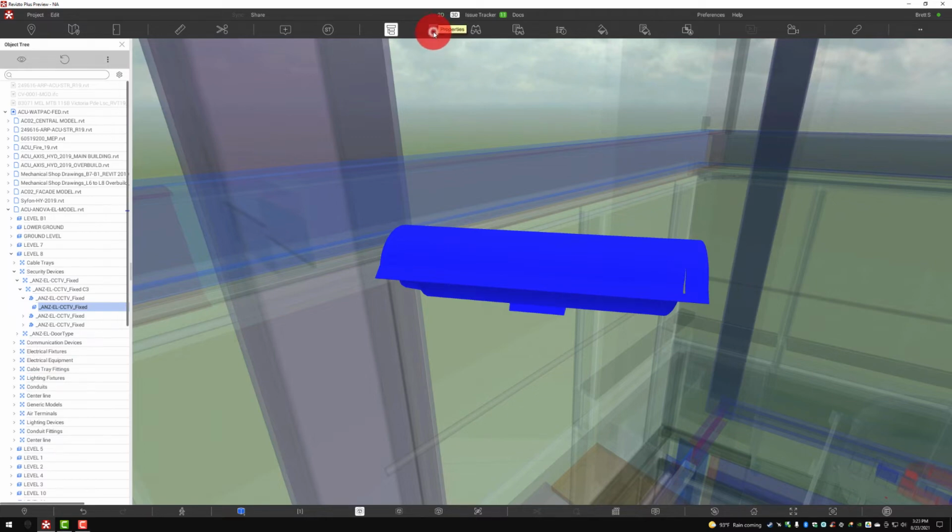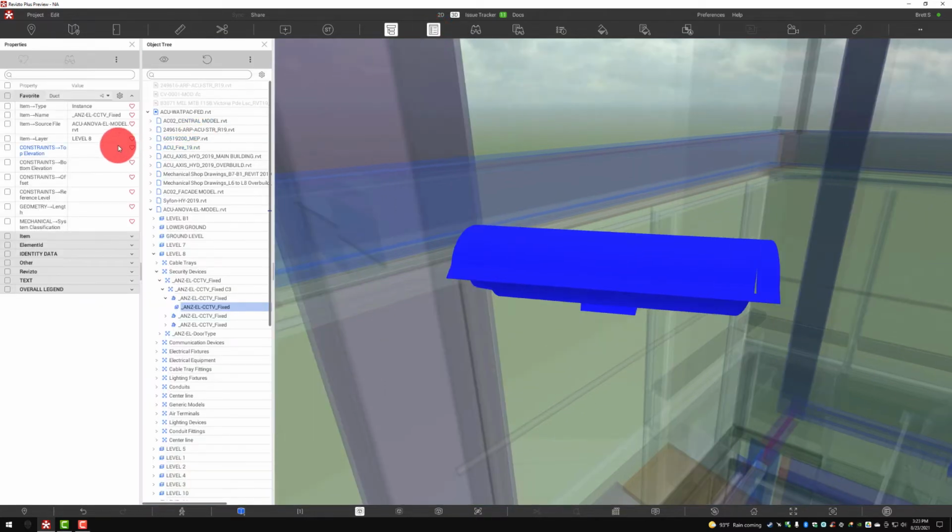Properties will be located right here and will also play a role in clash detection, as we can base search sets off of certain properties, as well as reviewing properties of items that have clashed together inside of the results. So very powerful tools that were introduced with version 5.